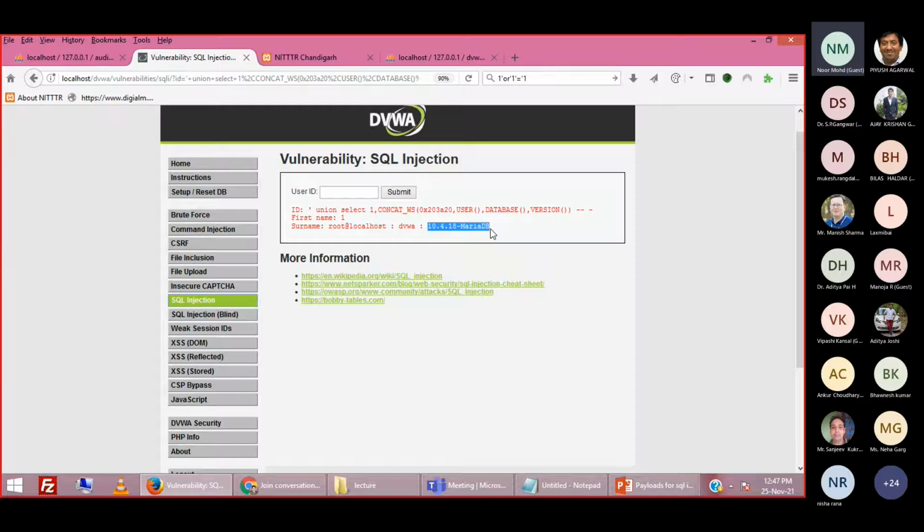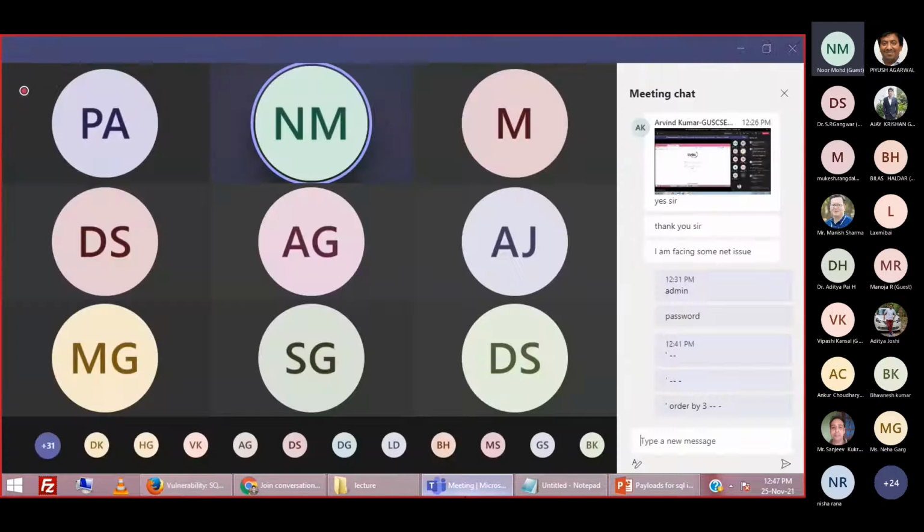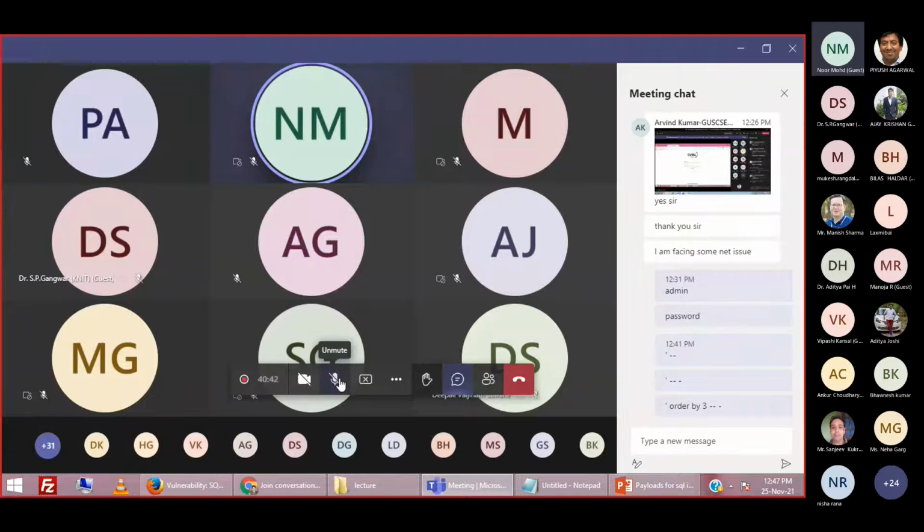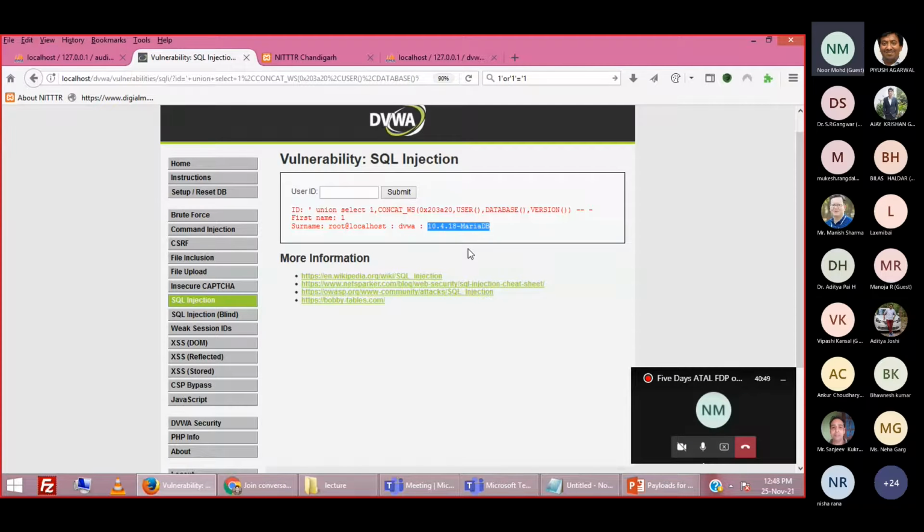And all the software companies are giving you updated versions of software. So if you are displaying your version information to the hacker, you are putting your website at risk. This information you are showing to the hacker is very, very sensitive.